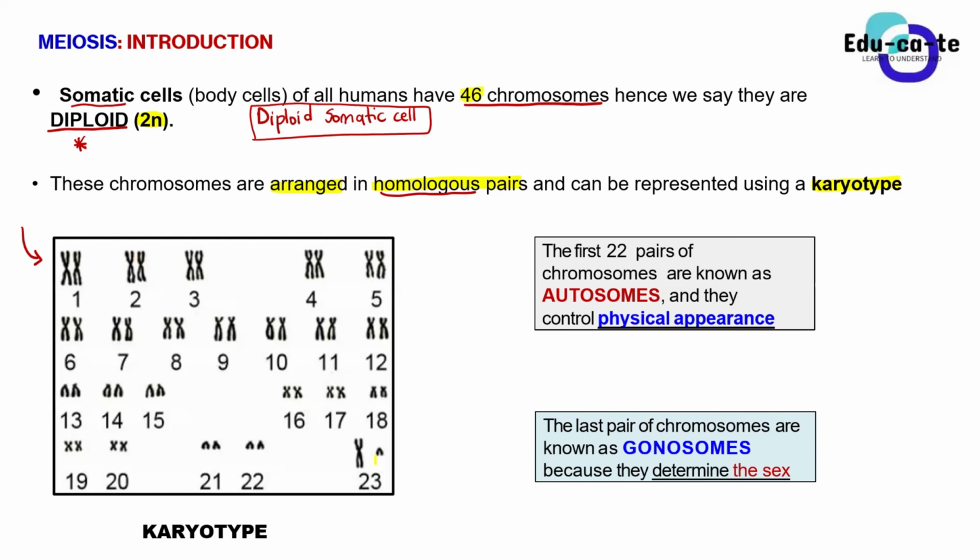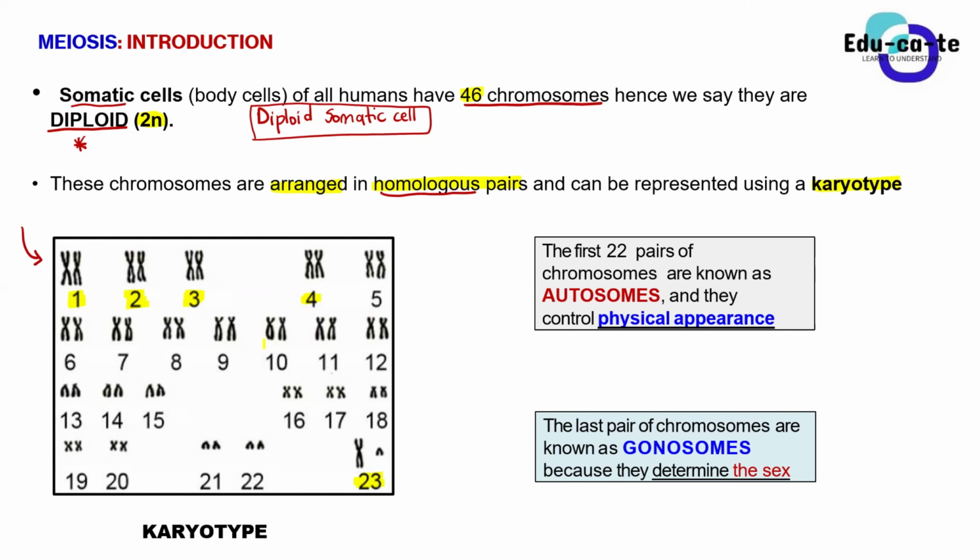This shows that you understand that these chromosomes are arranged in pairs. So this karyotype is a human karyotype because it is showing 23 pairs of homologous chromosomes. Can you see, guys, that this is pair number 1? We have 2 chromosomes. Do you see them, guys? Yes, sir. Pair number 2 is another 2 chromosomes. Pair number 3 is another 2 chromosomes. Pair number 4 is another 2 chromosomes, and so forth until pair number 23. So in total, we have 46 chromosomes because that is the diploid number, the number of chromosomes that we find in a somatic cell, or in the cells of your body.